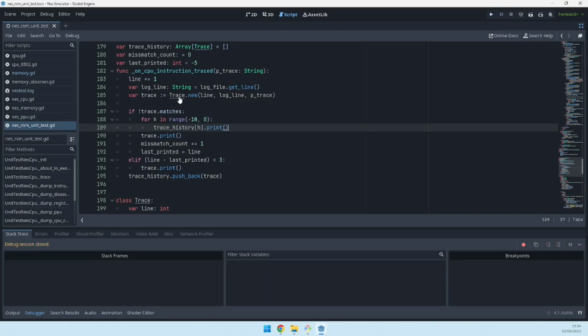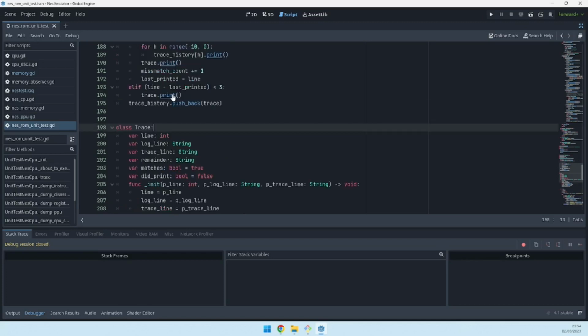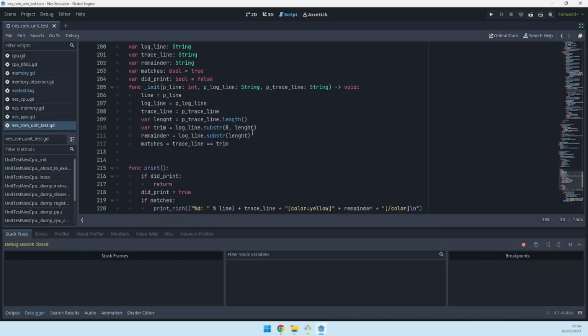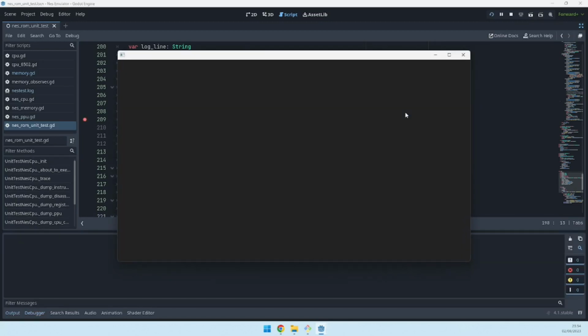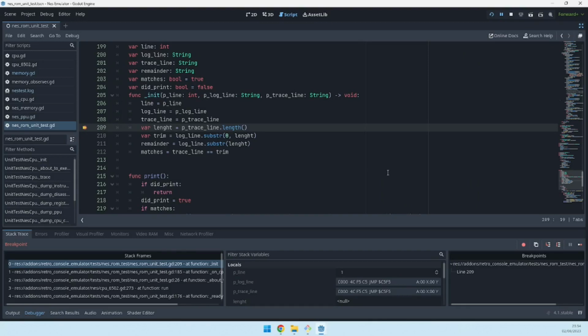So now trace is not going to use the trim. Wait a second. Let's make a breakpoint here and let's see how it starts. Log line and trace line. Aha! So it is making the trace